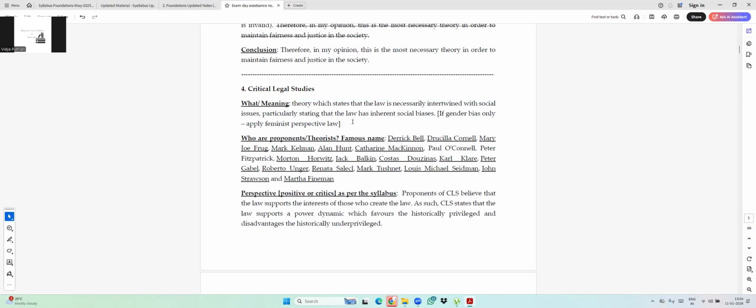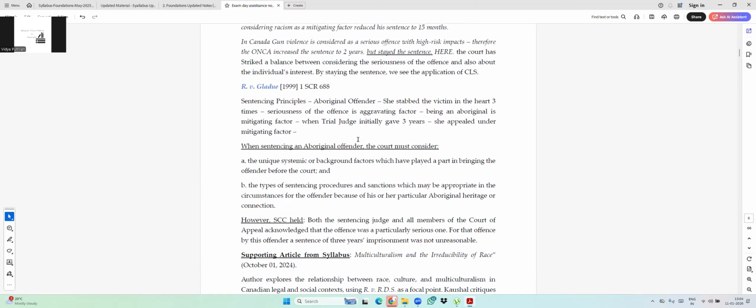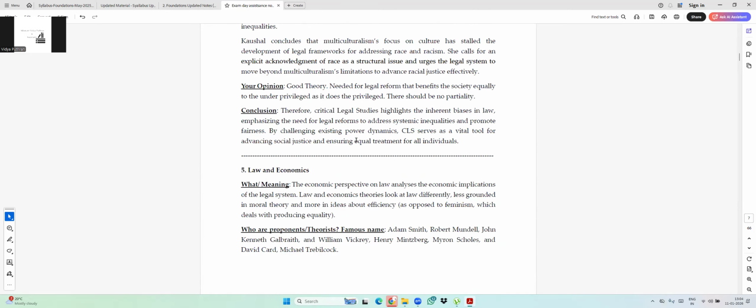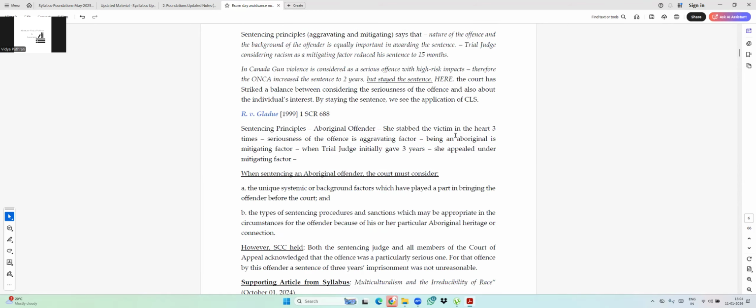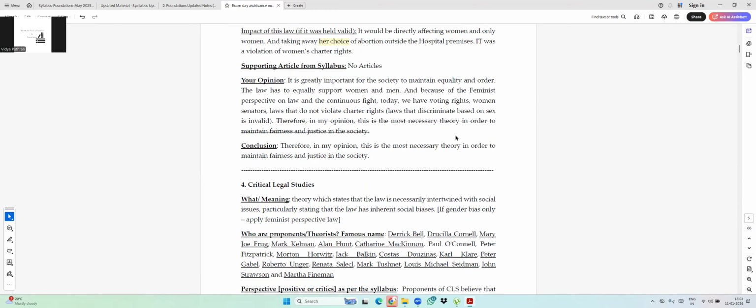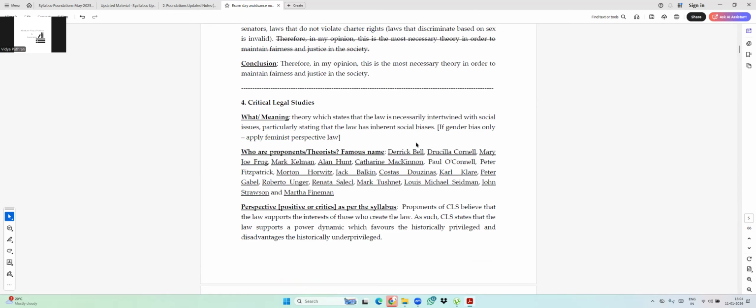Great. So basically, this gives you complete material out of which you have to make your answer. You will make your answer with an introduction, then body, then conclusion. In the body, you will write the heading of the theory, and you can mention the background. Under the heading of the theory, you will say what it is, the meaning, or any proponents or perspectives, what the theory contains. Then you can talk about